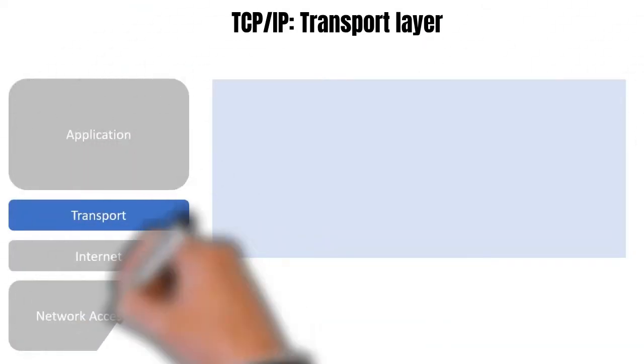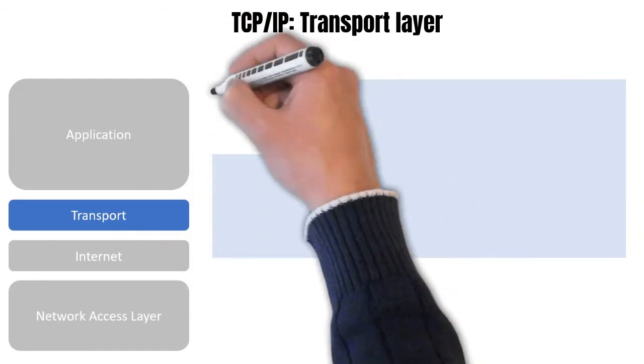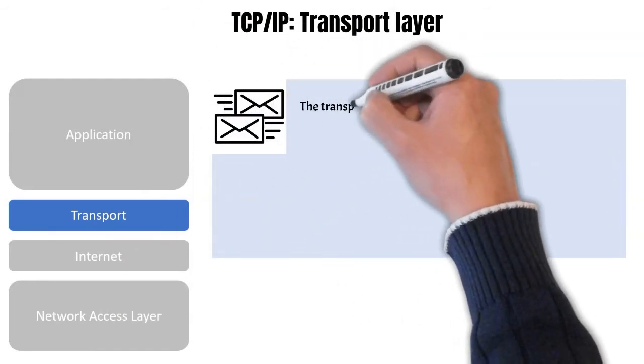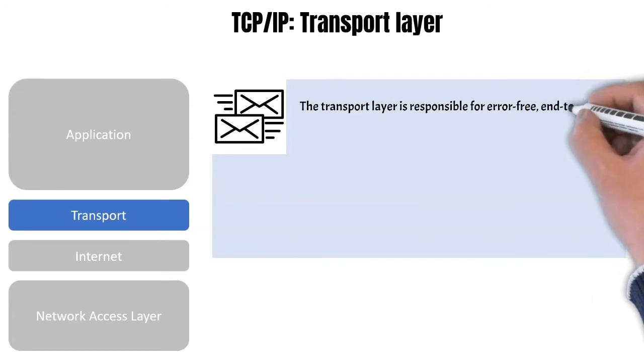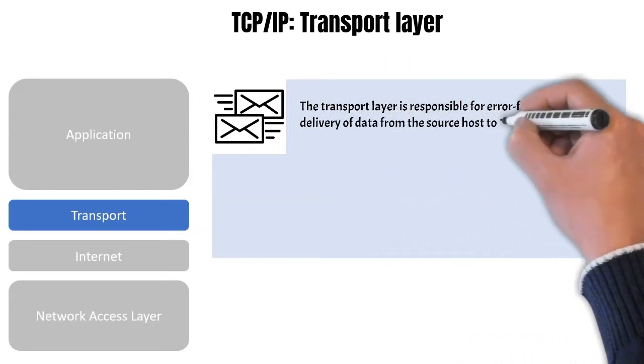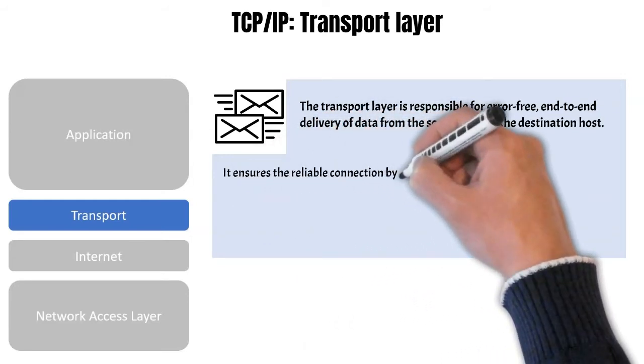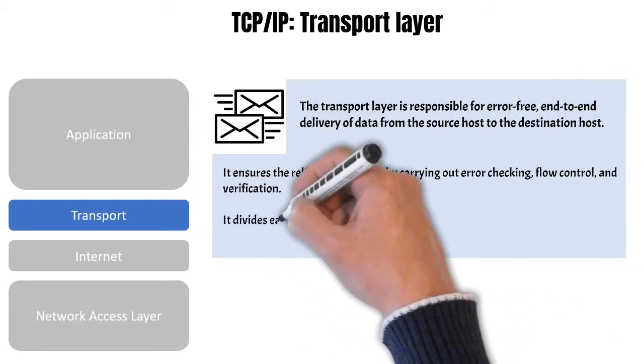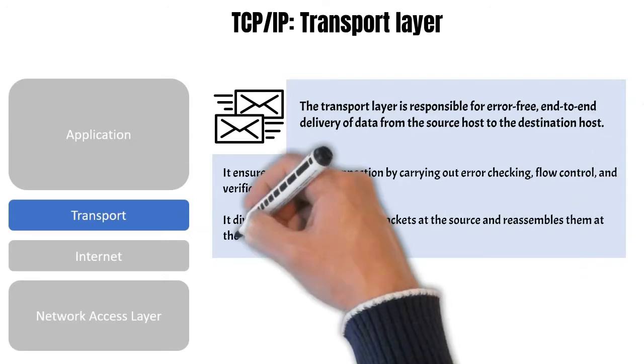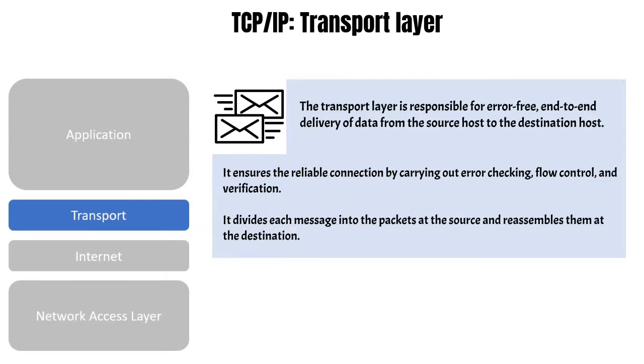Transport layer. This layer corresponds to the transport layer of the OSI model. It can provide for a reliable connection. It can also carry out error checking and flow control. It divides each message into packets at the source and reassembles them at the destination. Some of the transport layer protocols are